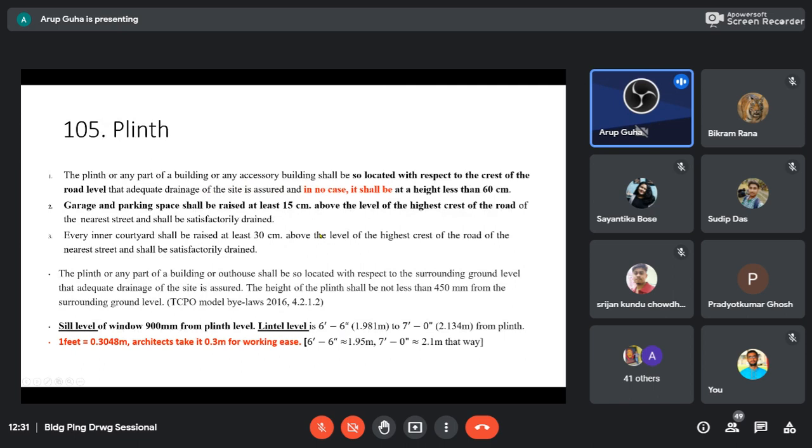Plinth we have talked about. আরেকটা জিনিস যেটা বলার, that is sill level. Sill level is the lower level of your window opening. ছবিতে দেখাবো, and that should be 900 millimeters, or rather round about 3 feet above the plinth level. Okay,